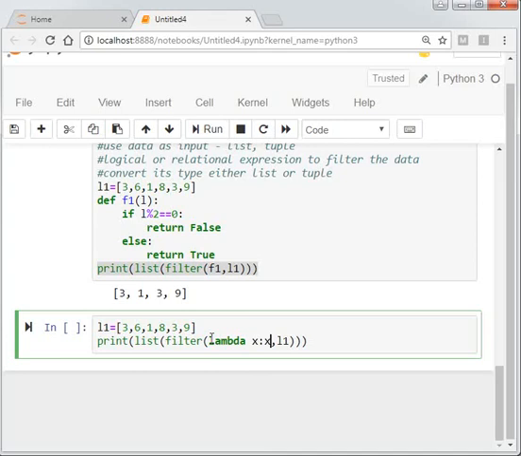and what operation do you want to perform? You want to find even numbers. So x percent 2 equal to 0. So this is the condition for the even number. Here x is the value, and this value comes from L1. The first value of L1 is 3. So check 3 divided by 2, is the condition true? No. So this will not be included in the list. Again, the second number is 6. So check 6 divided by 2, yes, the condition is true. So that number is included in the list. So this is the shortest form.